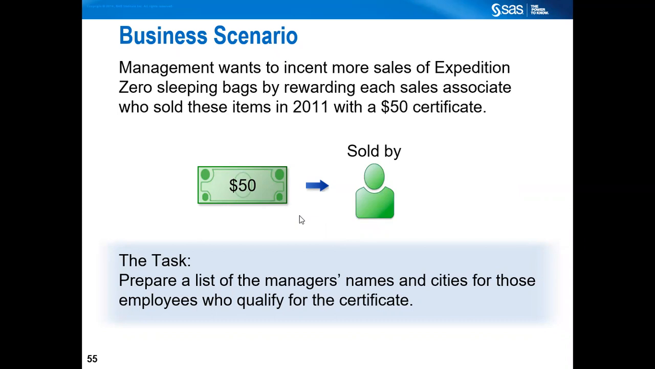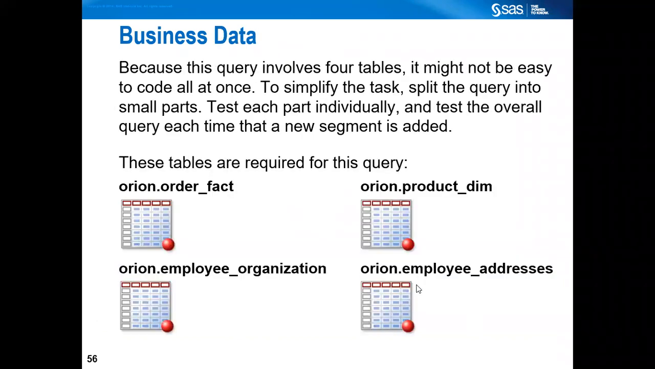So the first task is we have to prepare the list of all those managers, with their names and cities, for those employees who qualify for the certificate. First we are going to search for the managers, fine. Then second, managers with their names and cities. So for that we have four tables. It's telling you will not get the information in a single table related to your manager information, your sales information, your product information. So for Expedition Zero, you will have a table which you have to use,